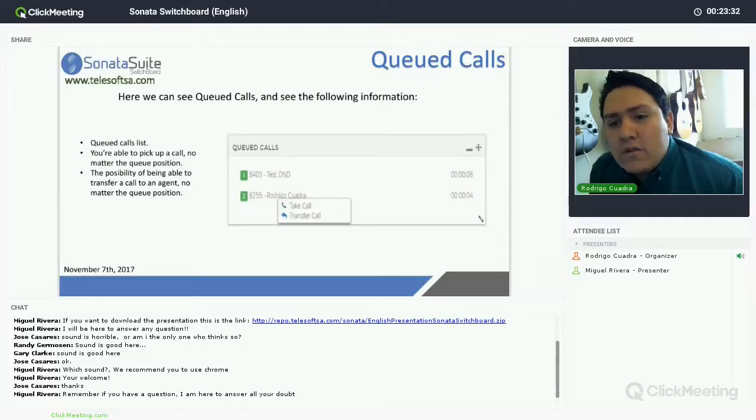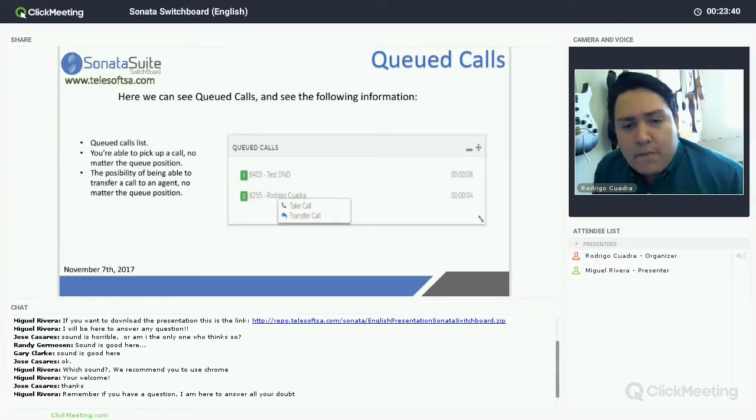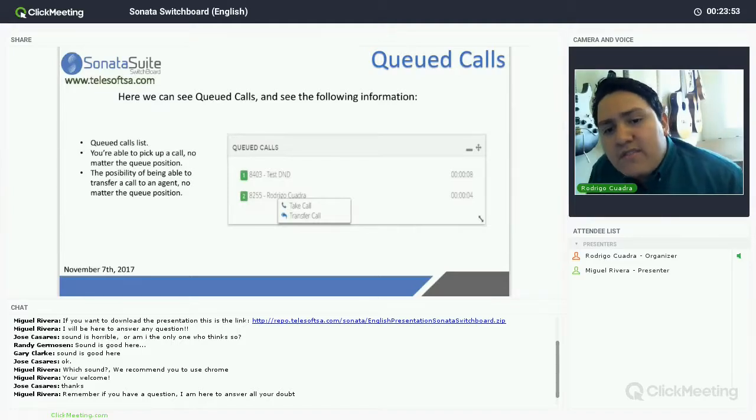Afterwards, we have queued calls. Here, you can see all the calls that are currently in queue. As you can see here, we wrote down queued call list. You're able to pick up a call, no matter the queue position. You have the possibility of being able to transfer the call to an agent, no matter the queue